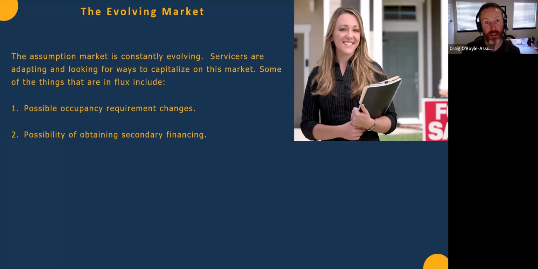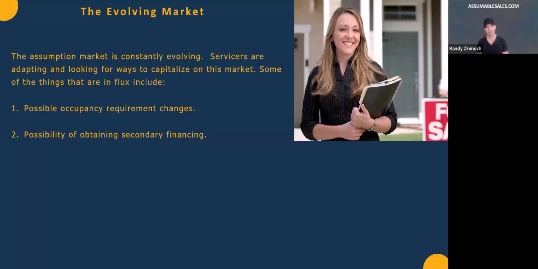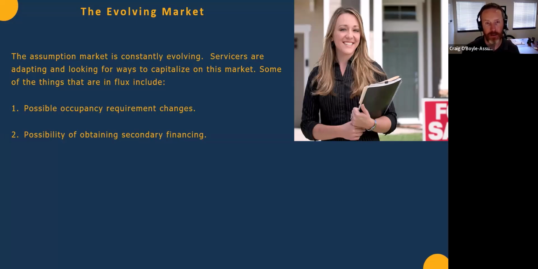Now, if it becomes a thing, the things that will trip it up are, number one, you're going to have a blended rate, because the second is probably going to be 10% plus. So they're going to have to make sure that you qualify on the two payments below your DTI. And then most likely you're only going to be able to total finance up to 90% LTV of the property's price. So on a $500,000 loan, you're still going to need 50 grand in.